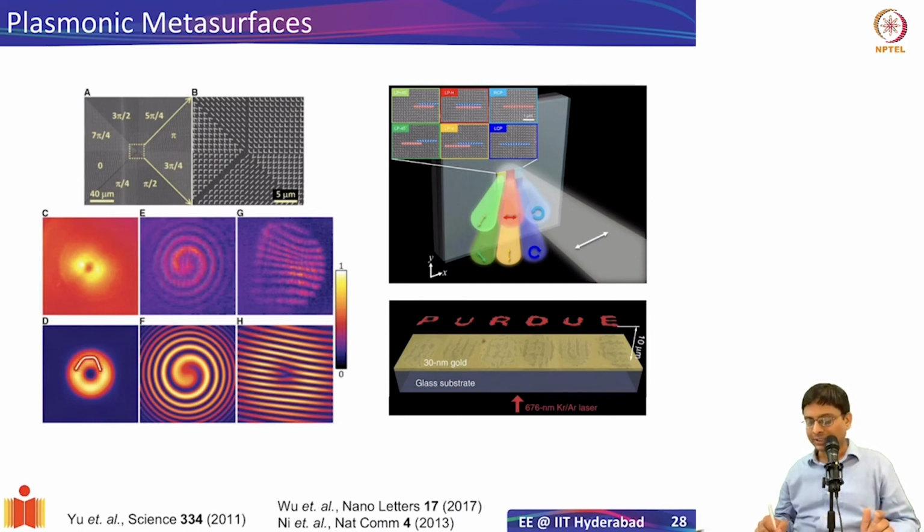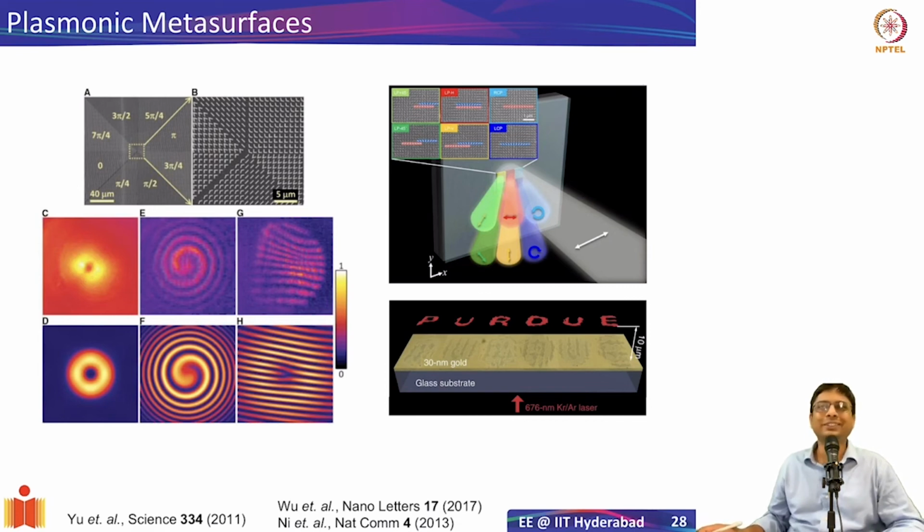So this sort of thing is expected in the bottom, and this is what is measured on the top. And a few other properties: when you take this sort of structure and you make a beam incident on that, and you interfere the outgoing beam with a Gaussian beam, you'll end up getting phase profiles like this. This is what is theoretically expected, and exactly a similar thing is what we are seeing. And if you have these beams interfering at slightly different angles, again you will have different structures that are well studied in the laser community, and you are able to see that. So essentially we are able to generate these phase vortices, or intensity in this form.